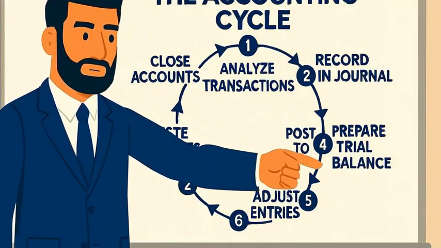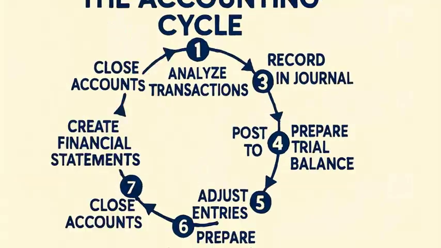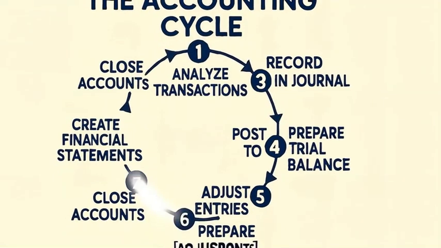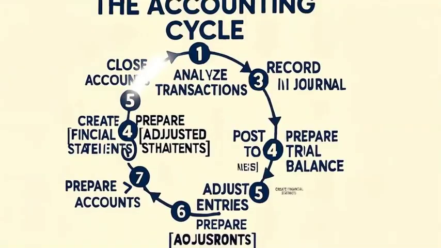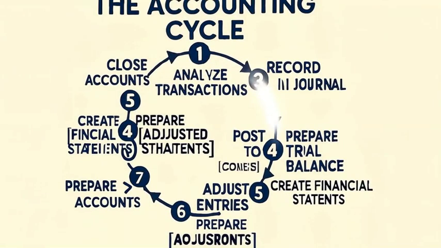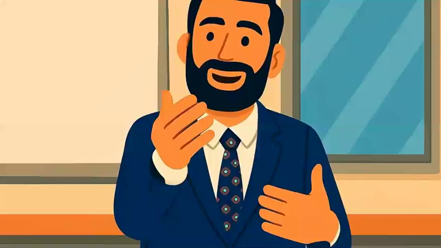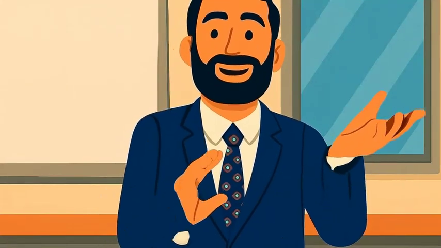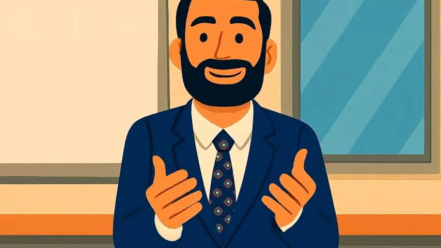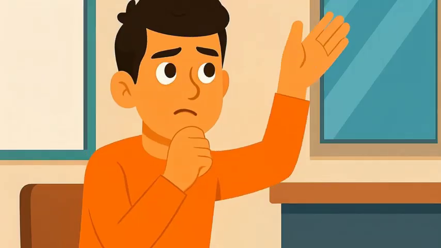Finally, let's see how it all connects. The accounting cycle. Steps: 1. Analyze transactions. 2. Record in the journal. 3. Post to the ledger. 4. Prepare a trial balance. 5. Adjust entries. 6. Prepare adjusted trial balance. 7. Create financial statements. 8. Close the accounts. Example: at the end of each month, a small business follows these steps to prepare its income statement and balance sheet. So this cycle repeats every month or year? Yes, it's a continuous process for